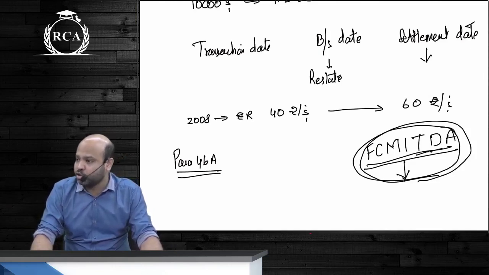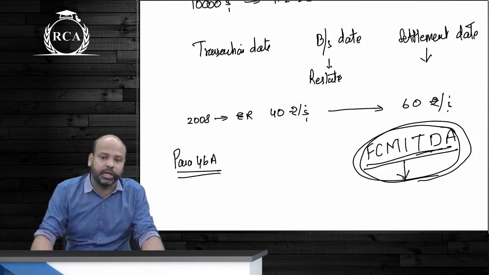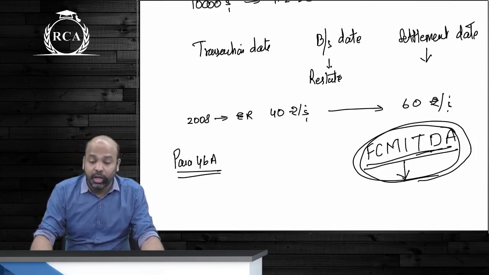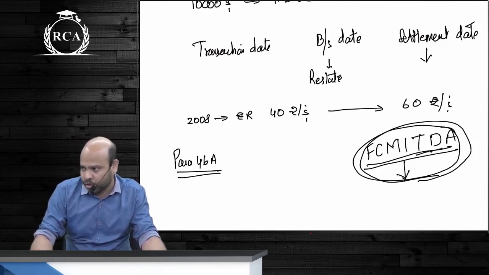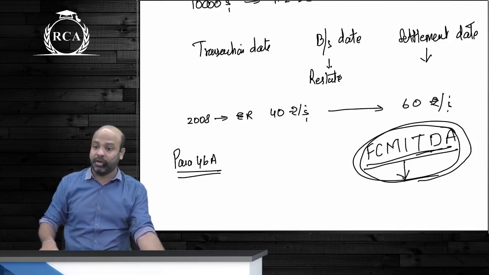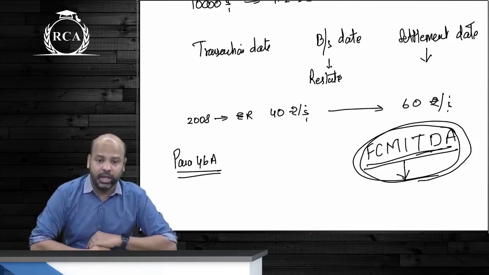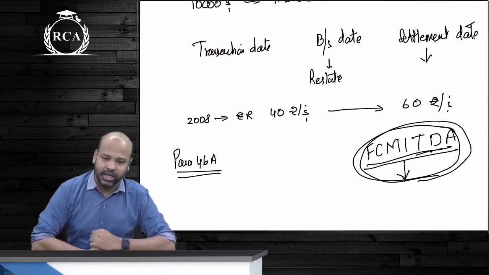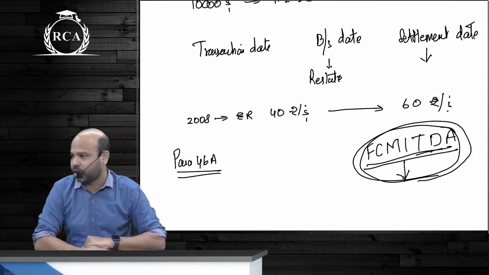you can choose to apply para 46A, under which if that long-term monetary item relates to a depreciable asset, the resulting foreign exchange gain or losses will be adjusted to the carrying amount of the asset, the cost of the asset. If it does not relate to a depreciable asset, it will be accumulated in an account called FCMITDA, foreign currency monetary item translation difference account, and amortized over the period of such long term foreign currency monetary